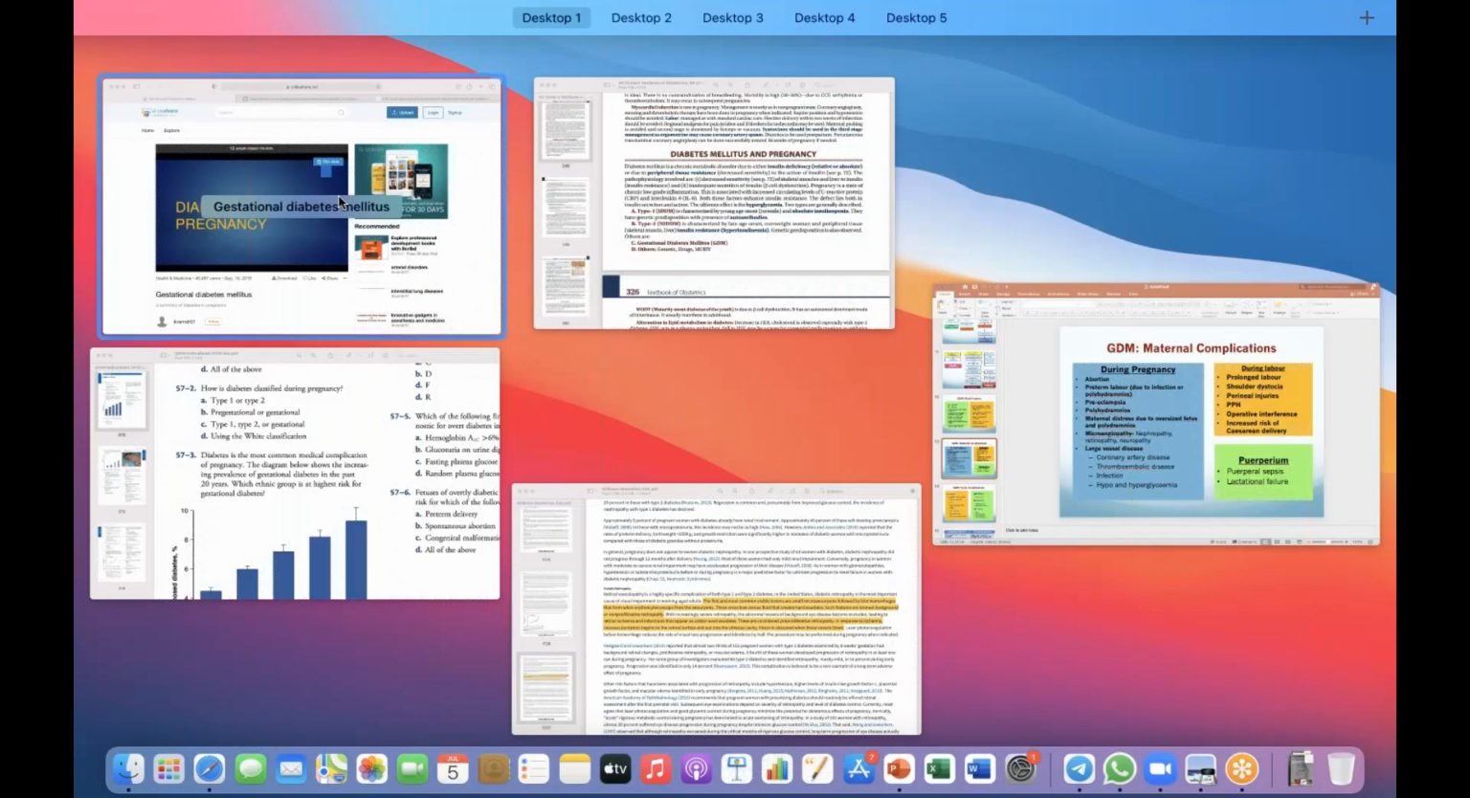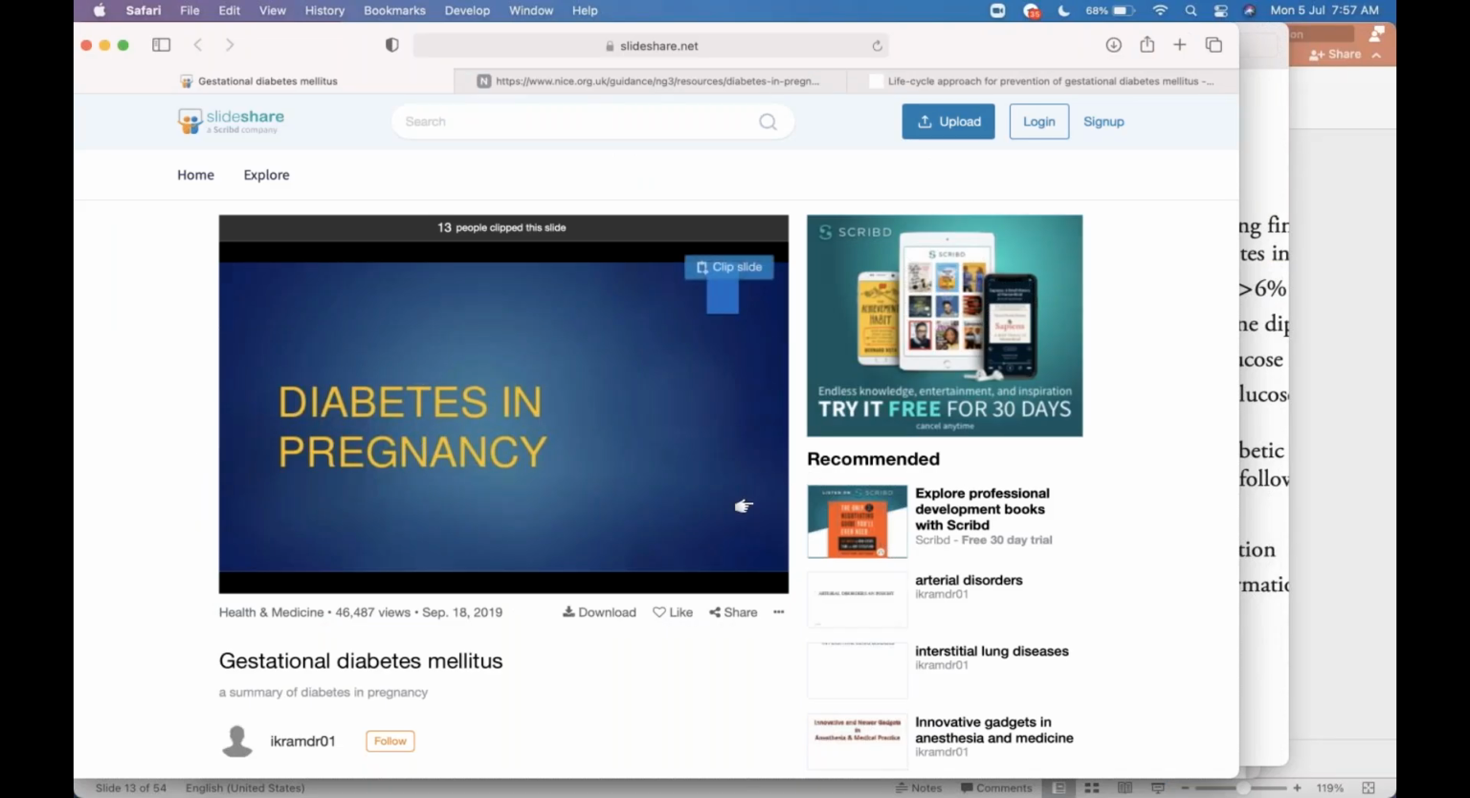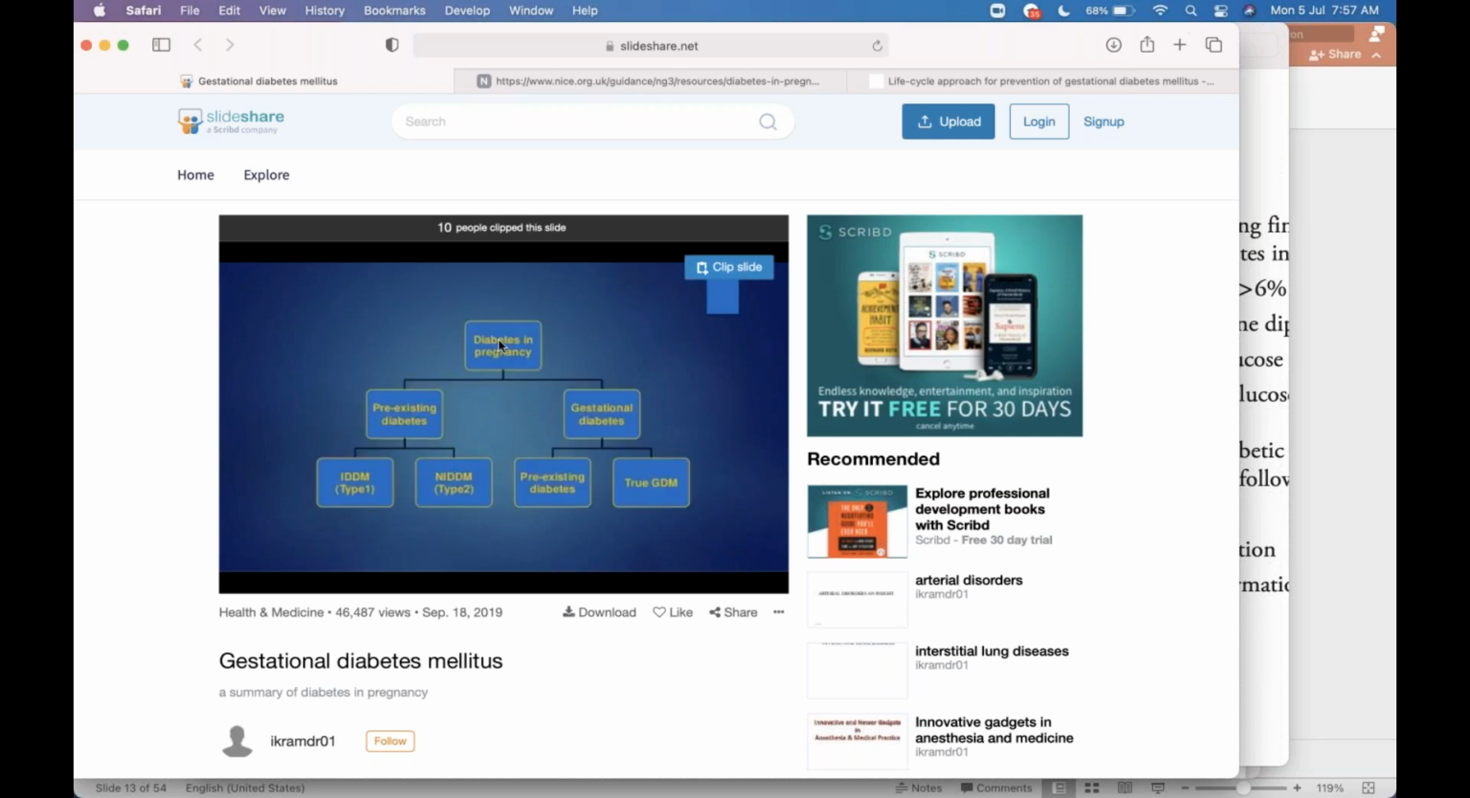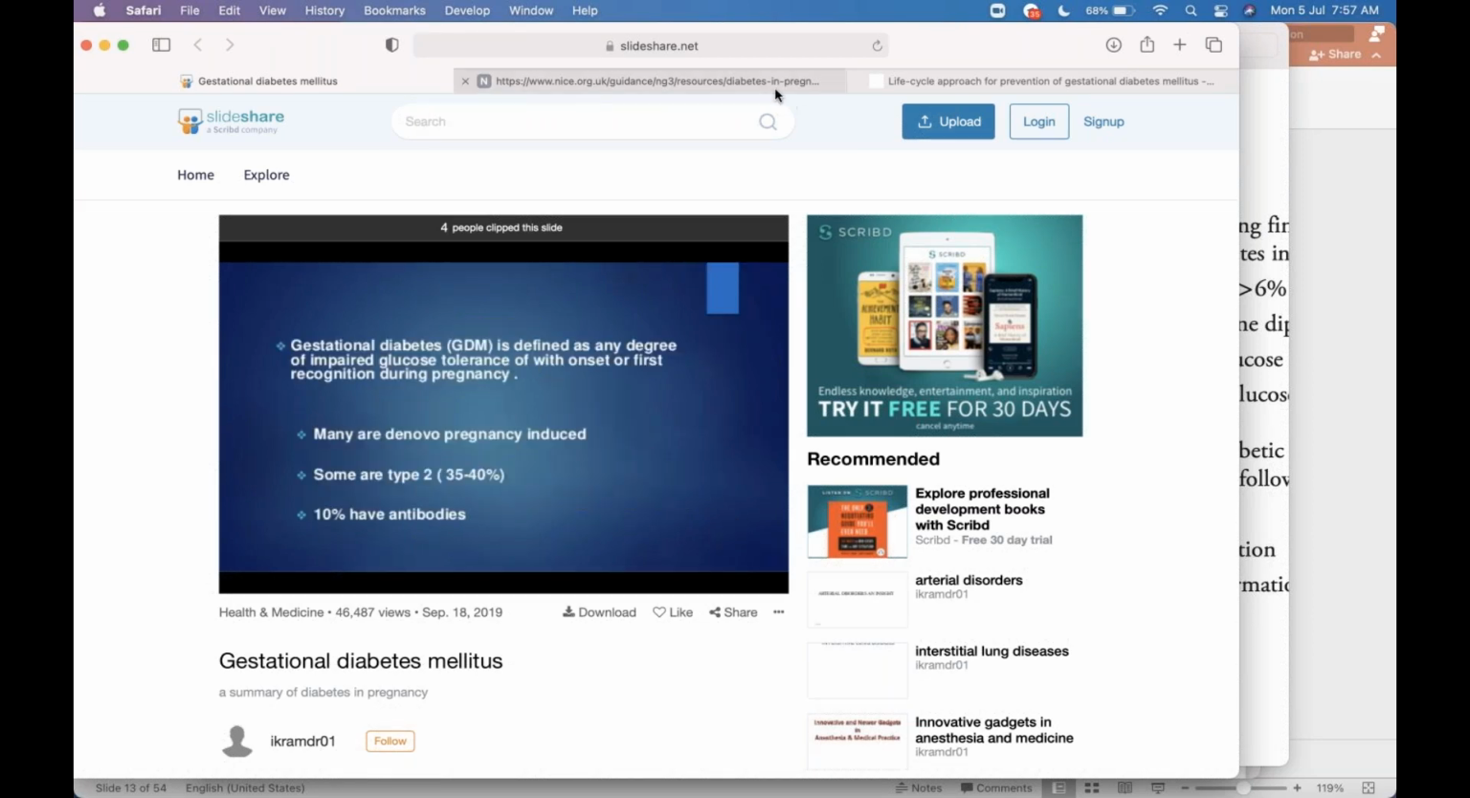So, as I have not prepared my own, I am just presenting it from here. So diabetes in pregnancy can either be pre-existing diabetes or gestational diabetes. And the pre-existing can be type 1 or type 2, and gestational is either pre-existing diabetes or true GDM. So everybody knows this. And